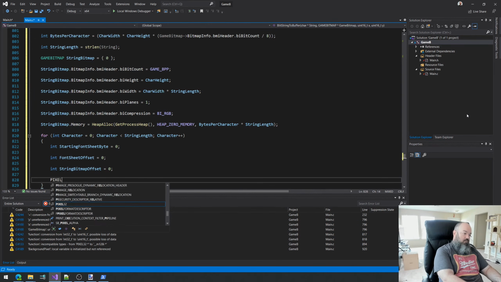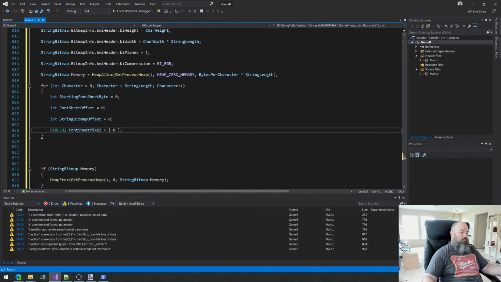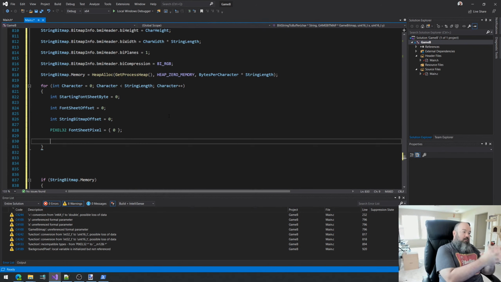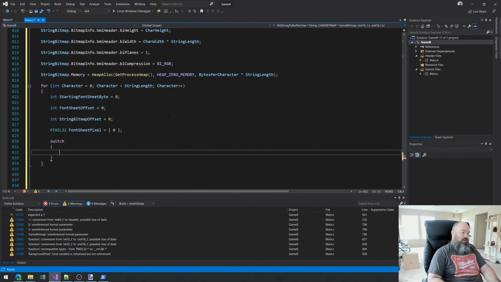And then we're going to make a pixel, font sheet pixel. Now what I want to do is basically write a gigantic switch block